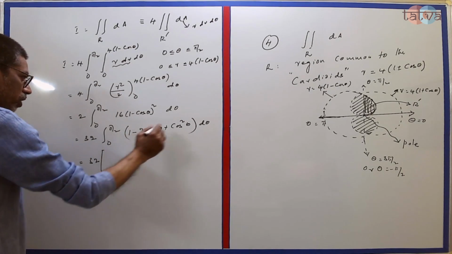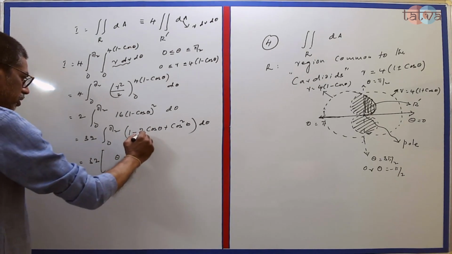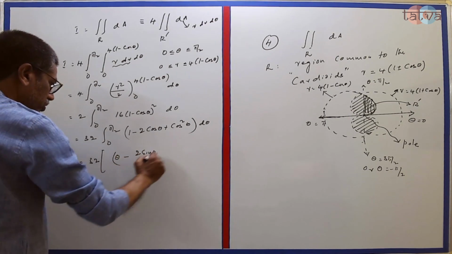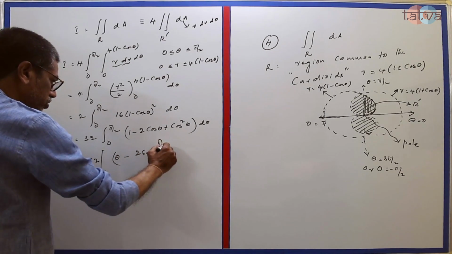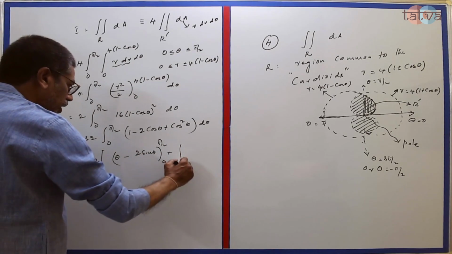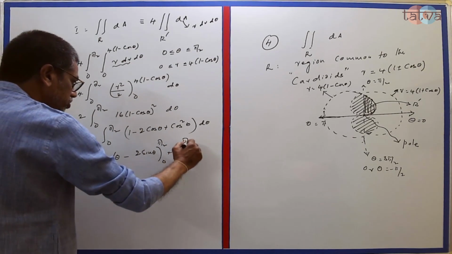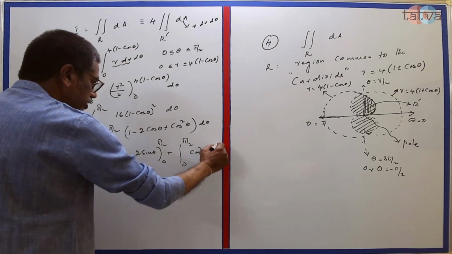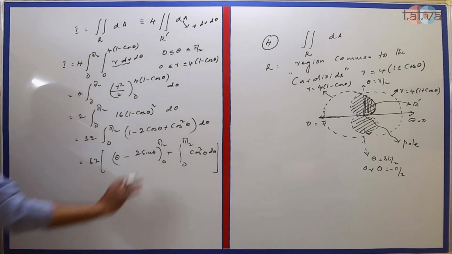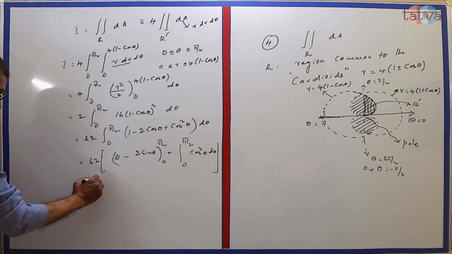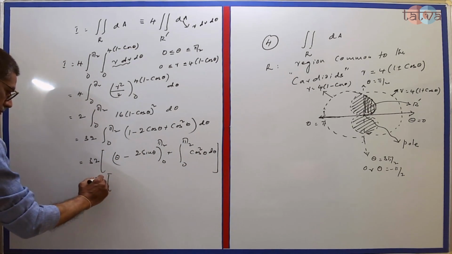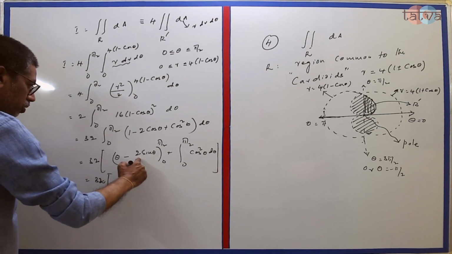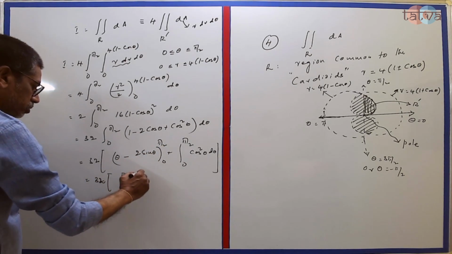The integration of 1 with respect to theta is theta. The integration of 2 cos theta is 2 sin theta. So I will separate this out, 0 to pi by 2. And I will handle 0 to pi by 2 cos square theta d theta integration exclusively, because this does not blend with this. So 32 times pi by 2 minus 2 times sine pi by 2, that is 2 times 1,